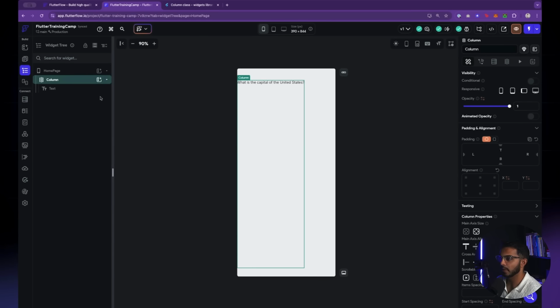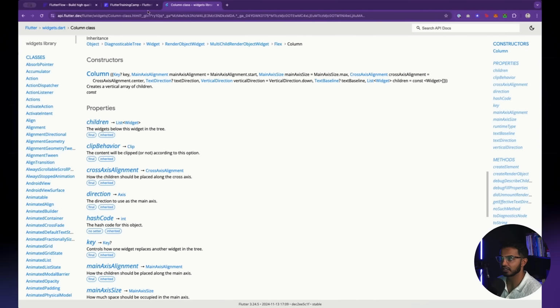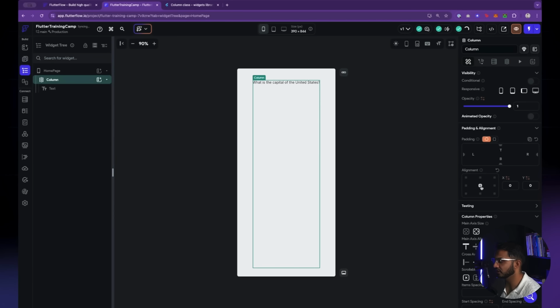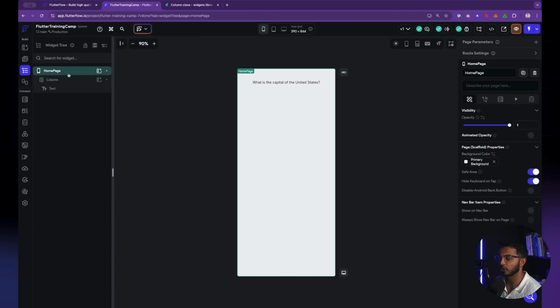Notice something. When I tap through different widgets, the properties pane on the right-hand side will change. That's because every widget, as per the Flutter documentation, has its own set of properties down here. Those properties that you see here in Flutter are actually matching up on the right-hand side here in FlutterFlow. So watch what happens as I tap this middle box here on alignment. It actually moved that entire column to be aligned middle in relation to its parent, and its parent is actually the home page. So if I click on column, notice how column takes up this much space.